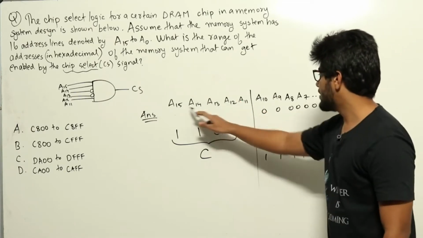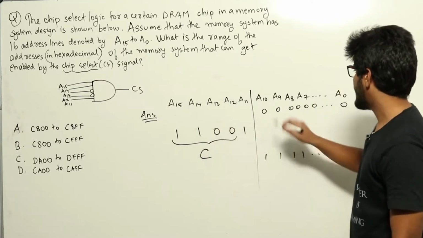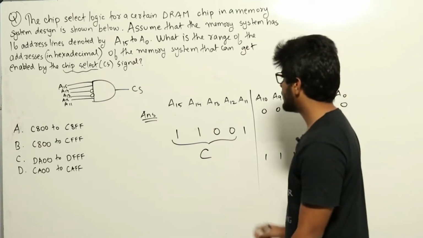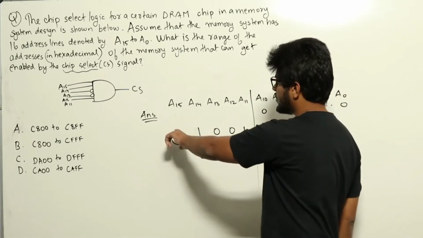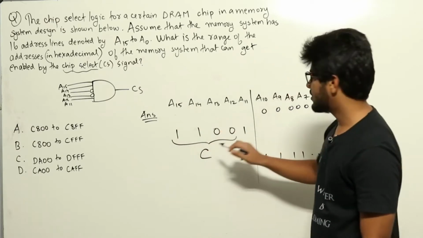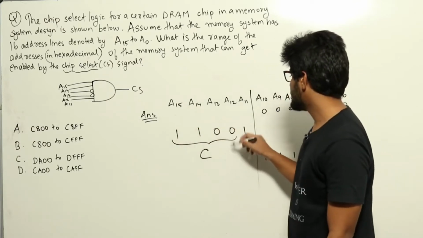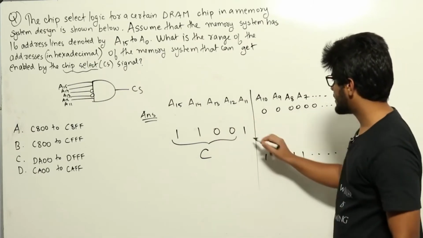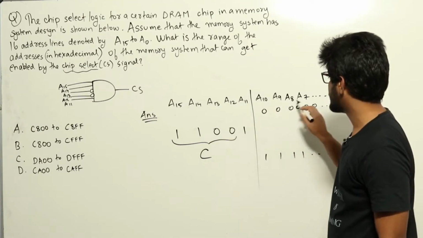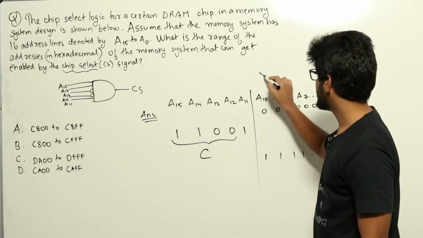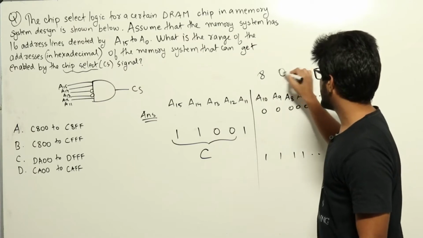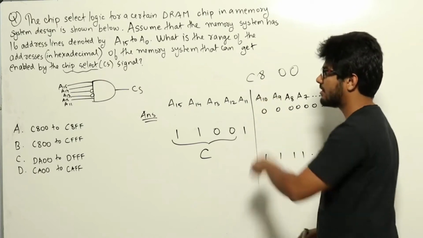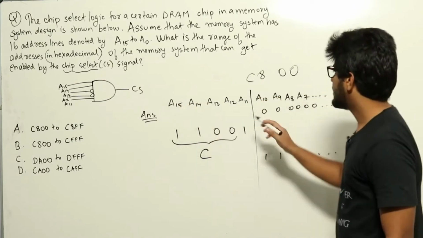So we will keep A15 to A11 at 11001, and when A10 to A0 is all zeros, we will see what the address will be. The address will be in hexadecimal, right? So we take 4 bits, couple them together and find the hexadecimal digits. Initially it is 1100, that will be C. When A10 to A0 is all 0, the next digit will be 1000. 1000 is 8. After that all zeros will be 0, 0 only. So this is the lowest address for which the CS signal will be active,